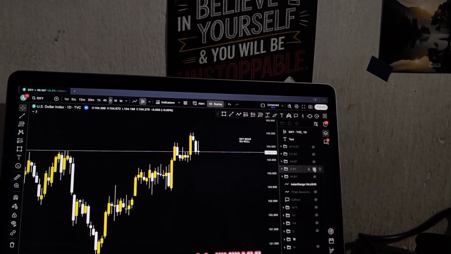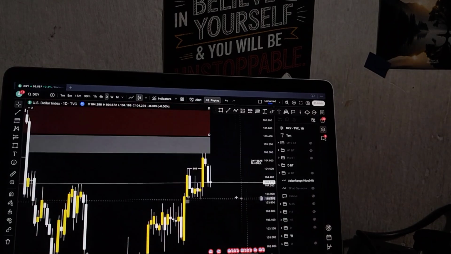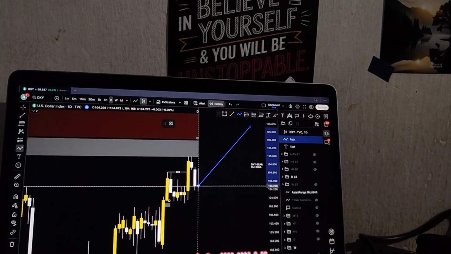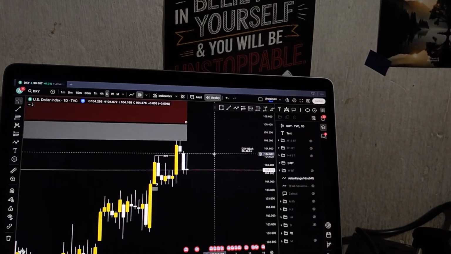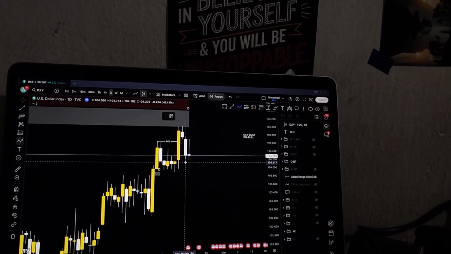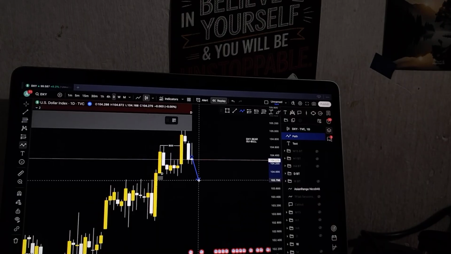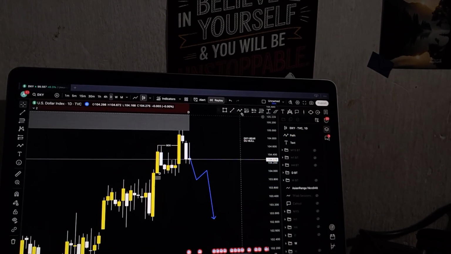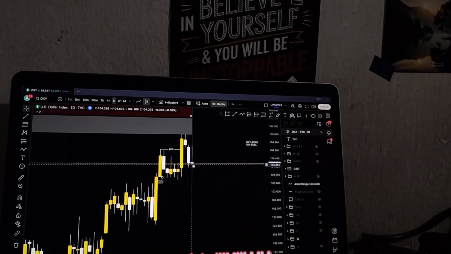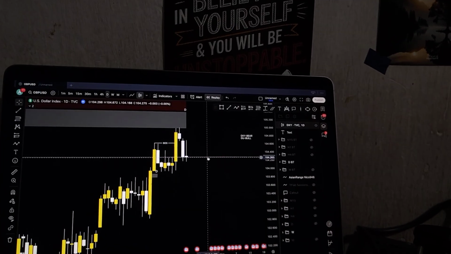So going on the daily time frame on DXY, it also made sense to go down because of how this Wednesday, Thursday and Friday candle closed here. Huge bearishness in the market, and also if the market body closes below here, there will also be a market structure shift, which will be a change of character to the downside. And going into Monday, my bias was bearish on DXY.